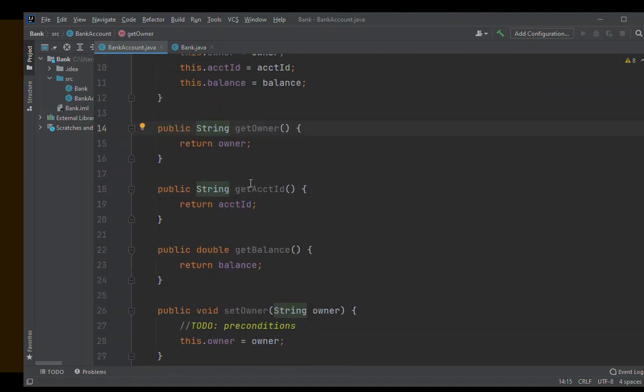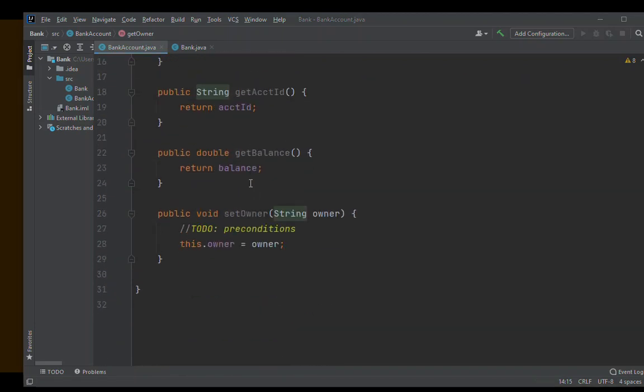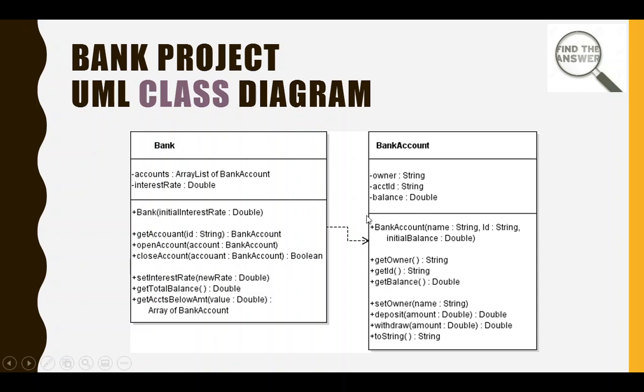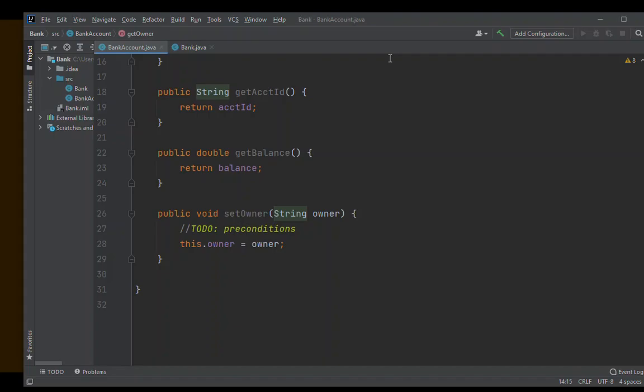All right, so let's see what else. We'll go back to our UML class diagram. What else is missing? We got the gets, we got the set. Okay, we need deposit and withdraw, and we need a toString. Okay, so let's write the